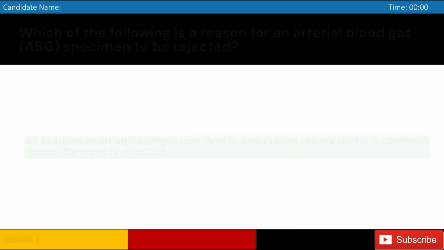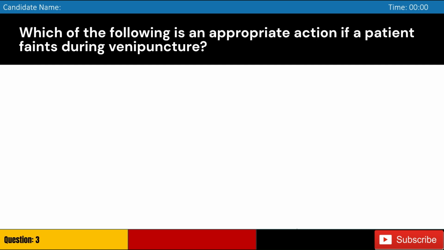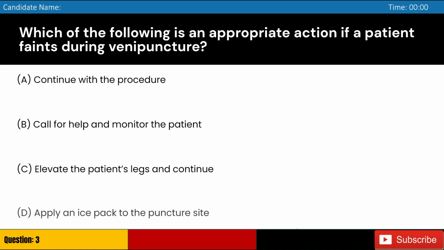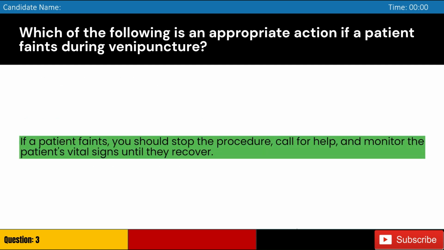rejection. Which of the following is an appropriate action if a patient faints during venipuncture? A. Continue with the procedure. B. Call for help and monitor the patient. C. Elevate the patient's legs and continue. D. Apply an ice pack to the puncture site. Answer: B. If a patient faints, you should stop the procedure, call for help, and monitor the patient's vital signs